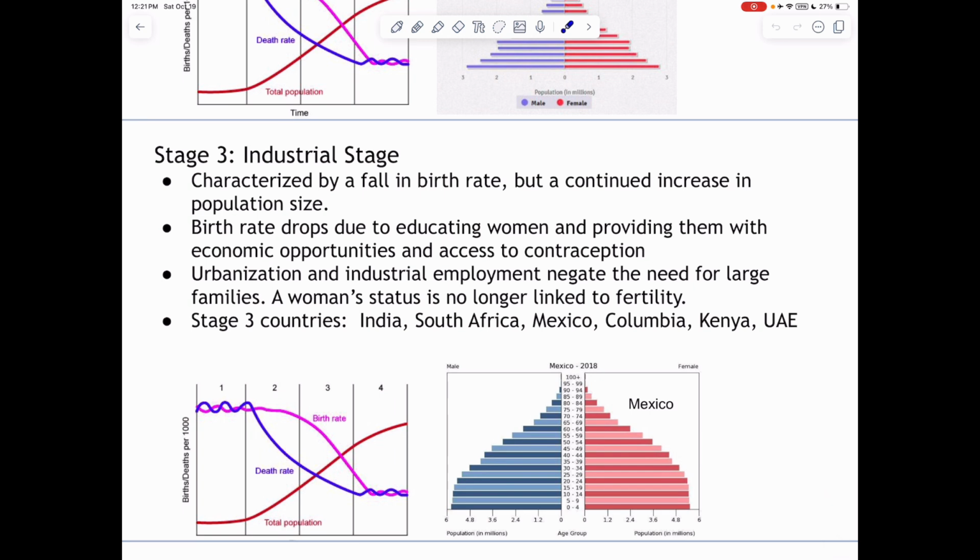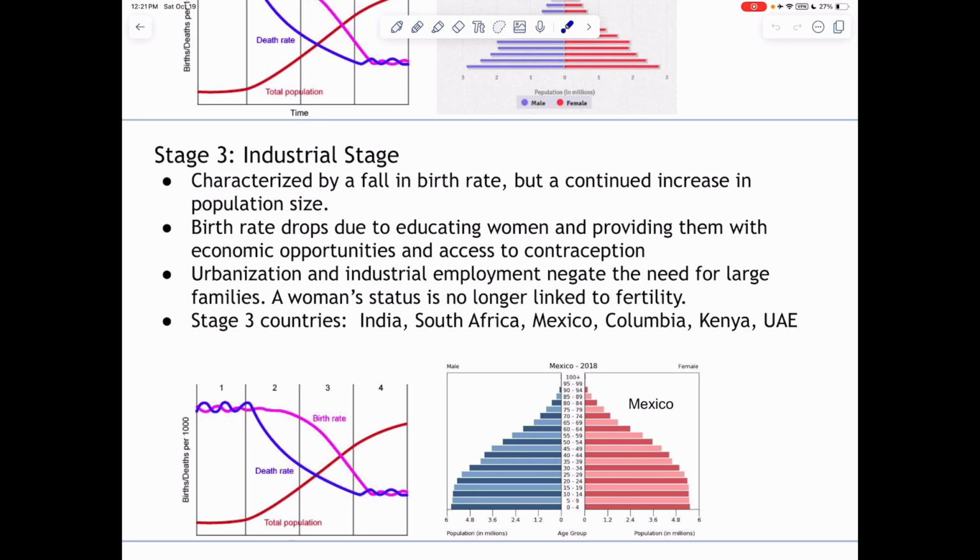Right, stage 3, I just want to point out already, if you look at this age structure diagram, wow, look, we've got a solid group up into the 30s. That's a big deal. So stage 3, we're going to see a fall in the birth rate, and you can see that right here. Massive fall in the birth rate. Our population is going to continue growing, and our death rate's already low.